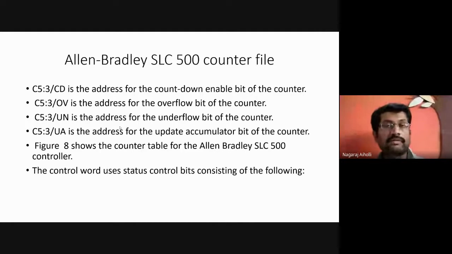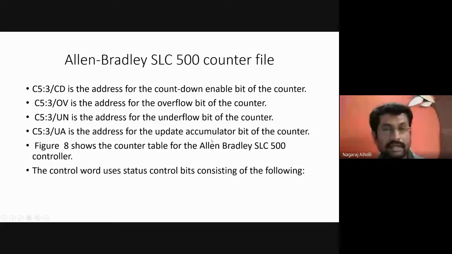In underflow, what will happen? There is counting in the downward direction, say from 255 down to 0, right? Again, after 0, what will happen? It will come to its maximum value, 256, then down to 255, then again count in the downward direction. 255, 254, 253, 252, like this up till 0, right? This is how it performs the down counting, and when there is down counting, an underflow condition occurs. Fine.